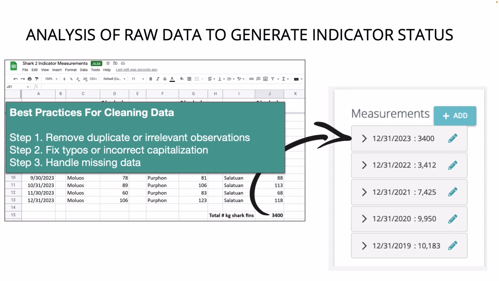Secondly, fix typos or incorrect capitalization that may lead to errors in your analysis. And then finally, check for any missing data in any of the fields in your raw data set. You may have to go back to the original data survey sheet to find that missing data or speak with the person who collected the raw data. Data cleaning is extremely important because dirty data can result in misunderstanding the effectiveness of your strategy and lead to